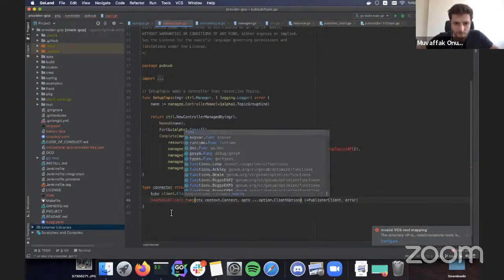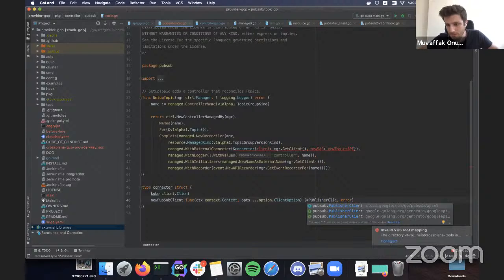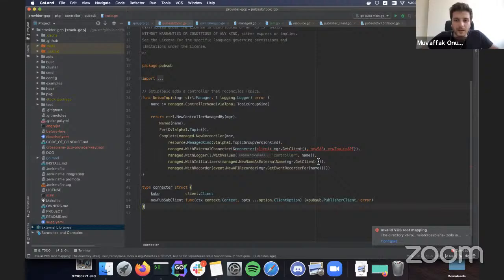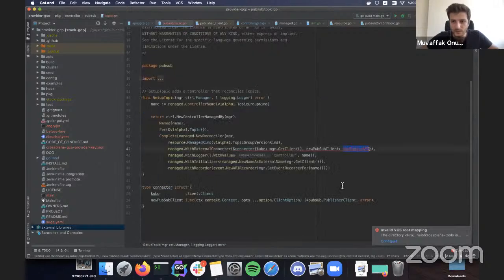So we will just copy its signature here for our function. Let's see, so this is publisher. So my career is built on autocomplete. So here, this should be cube, and I will pass in the actual function from the GCP API here, a new publisher client.